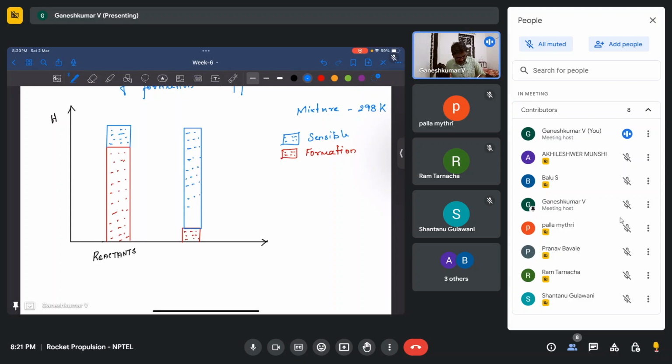So remember, enthalpy is nothing but a form of energy. So you can measure energy in terms of enthalpy in this case, right? So what you have is reactants and this is products. Ideally the total enthalpy of reactants will be equal to the enthalpy of products. This is what the first law of thermodynamics actually says,